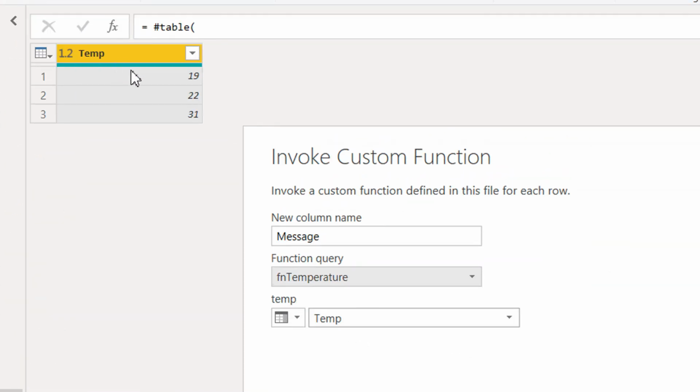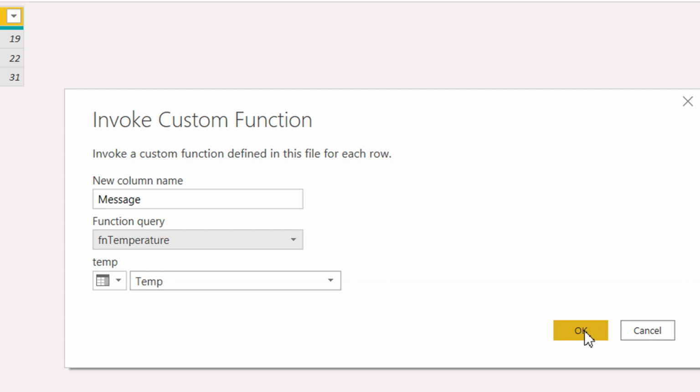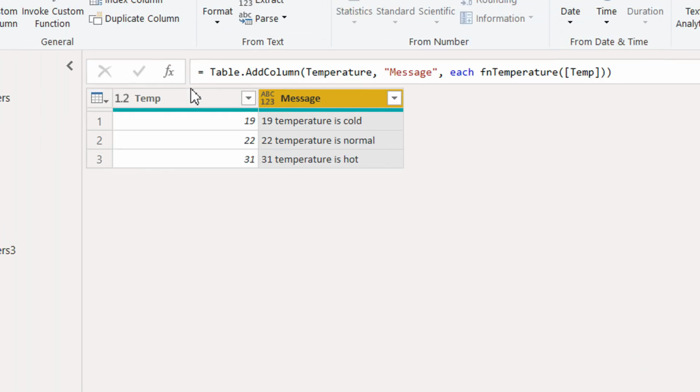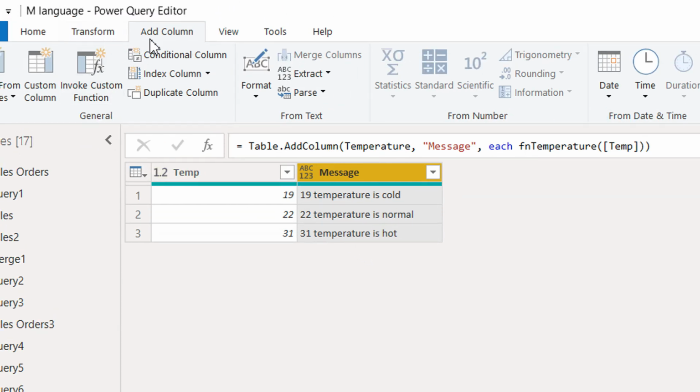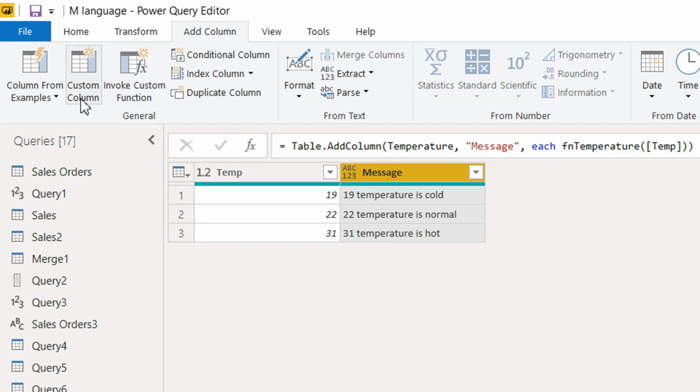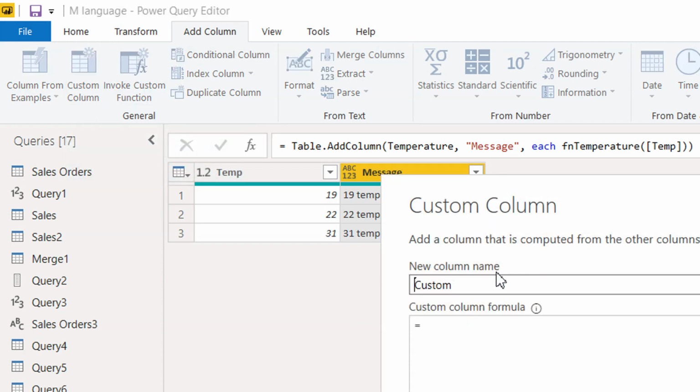The column is temp, and we have to click OK. So here you can see in the message is 19, temperature is cold, temperature is normal, and 31 temperature is hot. And if we click here again, add column, custom column, and here we can write second way,